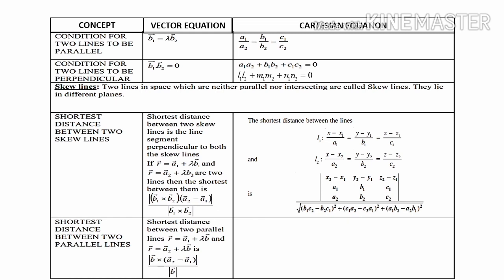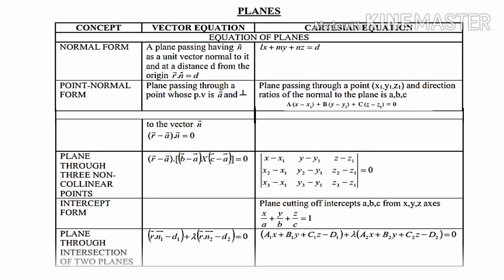So you have to learn these formulas by heart, and not only by hearting, you must be able to identify a1 b1 c1, a2 b2 c2. When equations are given to you in the form r is equal to a plus lambda b, you must be able to identify vector a and vector b. Then direction ratios and direction cosines, x1 y1 z1, x2 y2 z2, all these things you must know how to identify from the equations. Next, we shall bring the formulae for planes under one frame.